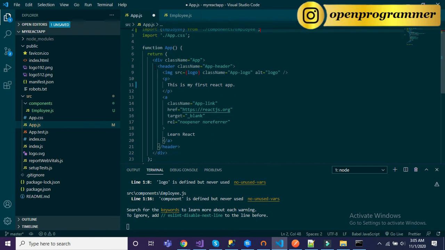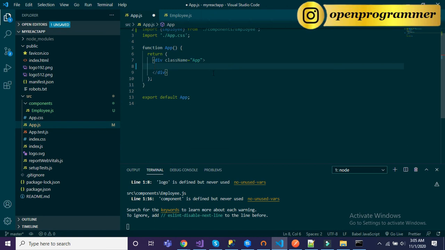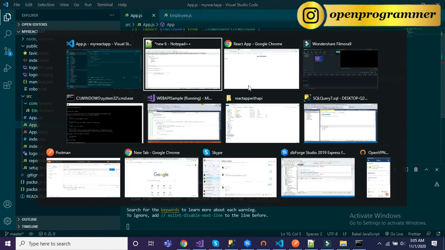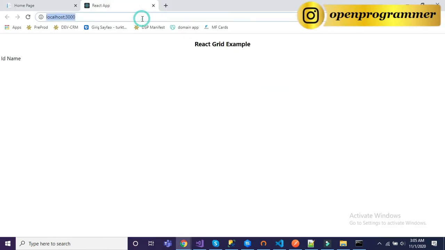Now let me remove all this from the app div and simply add Employee. Fine, let me save it. Let's go to our browser. See, no data is coming.